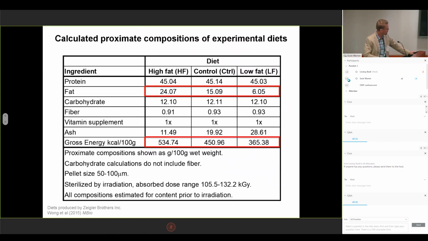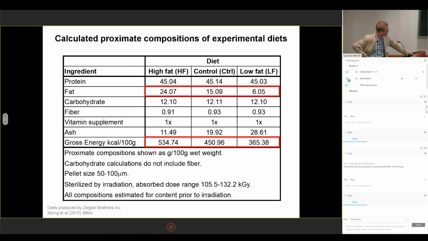So the diets that we used here to look at the impact of dietary fat were developed in collaboration with an R&D group at Ziegler. I started this diet development effort back in 2007 or something, and at that time it was exceedingly difficult to find any existing fish food manufacturer that was willing to develop small batch custom diets for us. I think it's gotten a lot better in the number of years since then, but this was the best that we could do back at that time.